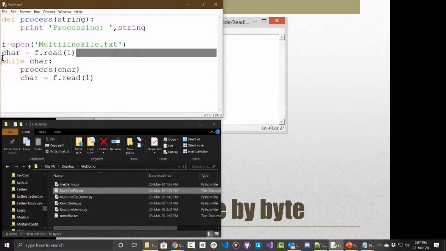What this does is it reads one character from the file, and then our while loop checks to make sure that we got something. If you have an empty file and you were to read from it, what you would get is basically an empty string here. And an empty string evaluates, from a Boolean perspective,